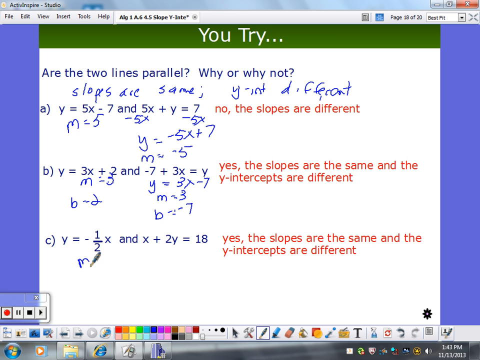What's the slope of this one? It's negative half. What's the y-intercept of this one? None. Zero. Zero is not none. Let's see, I'm going to subtract an x. And then what gets divided by 2? Everything. So this one has a slope of negative